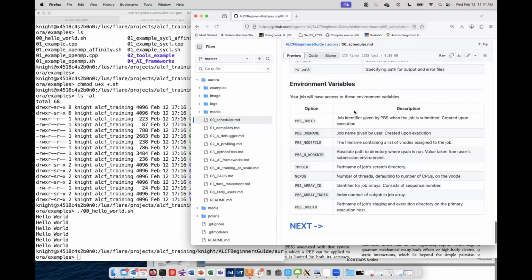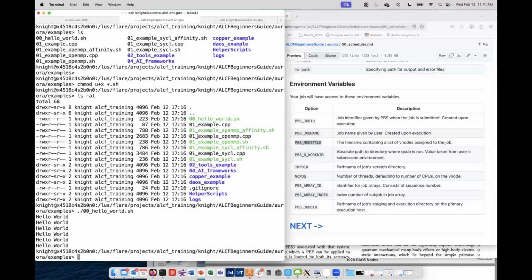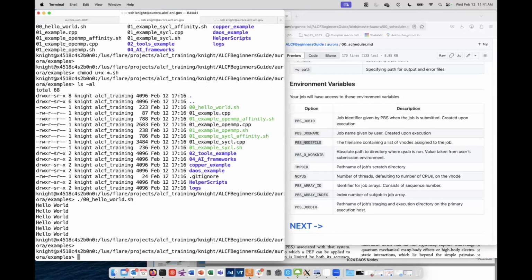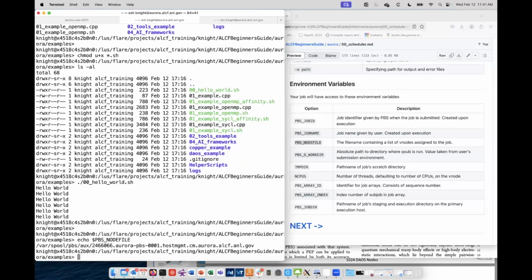And then inside of your job, there are a handful of environment variables that get created from PBS. I would say by far the most important one is PBS_NODEFILE. And so this is a text file that lists all of the nodes that have been allocated to your job. If I go to the interactive shell that's on the compute node, and I want to look at what is that variable, it'll give me a nice long path. The path and the name of the file is not so important. But if I look at the contents of that file,